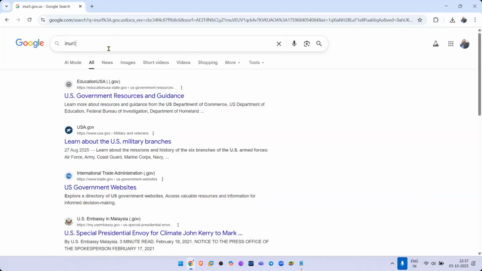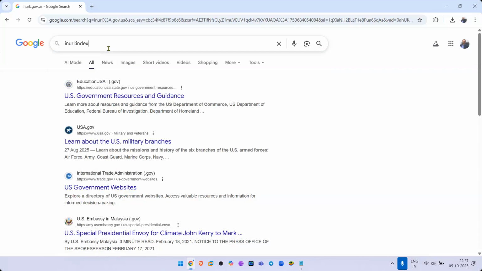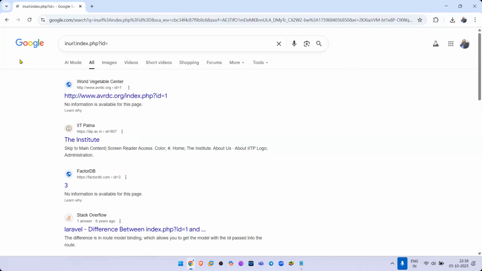Now, in the future, when we are learning SQL injections, we'll be using something like inurl index.php?id=. So this will give you a list of websites. Now see, Google is doubting this guy is a hacker.